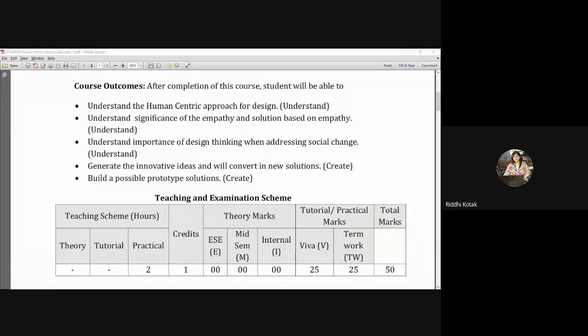Initially, I will run the things, then I will assign the basic level activities that you have to perform, and make sure all of you do this, right? So effectively we can learn these things.